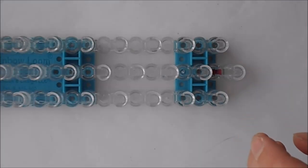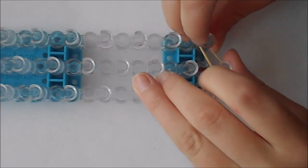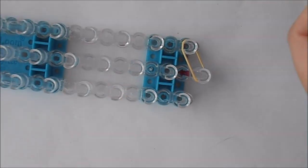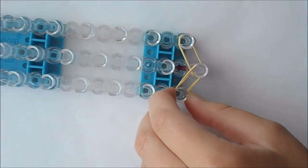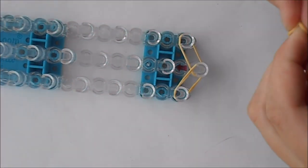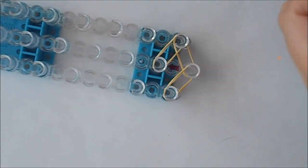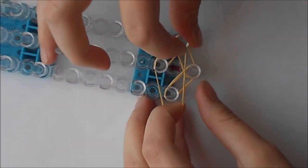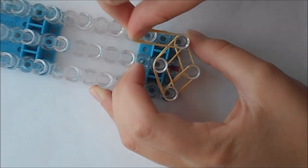And now we'll be creating the neck fur. The neck fur is completely tan for both creatures. So we're going to take a single double looped tan band, another single double looped band, single double looped band, single double looped band, 2 bands,